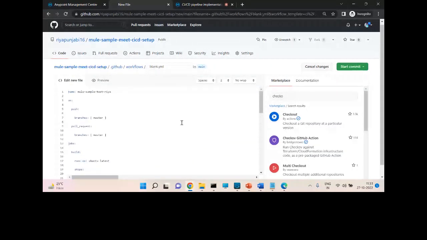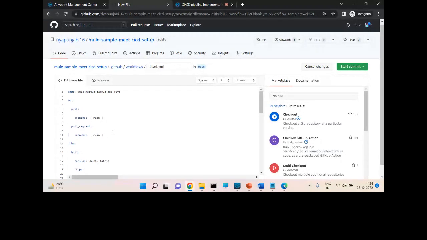So here I'm giving the workflow name, and I want that whenever I push to the main branch, this workflow will run. Push or pull request, you can mention push also, and you can ignore pull also.